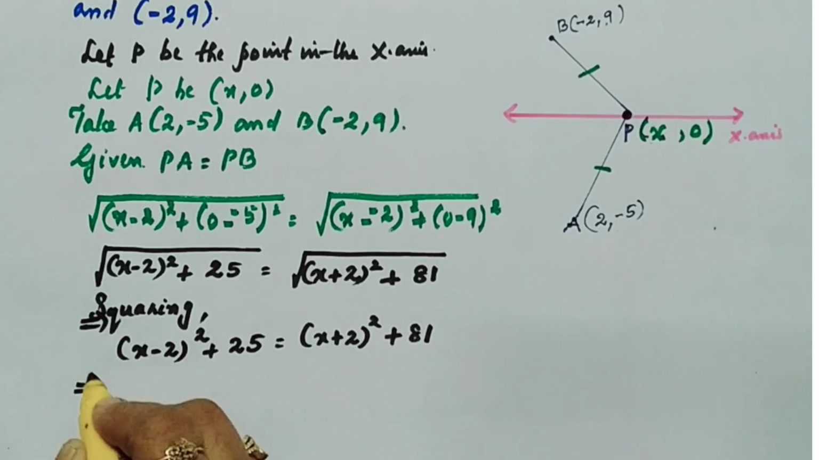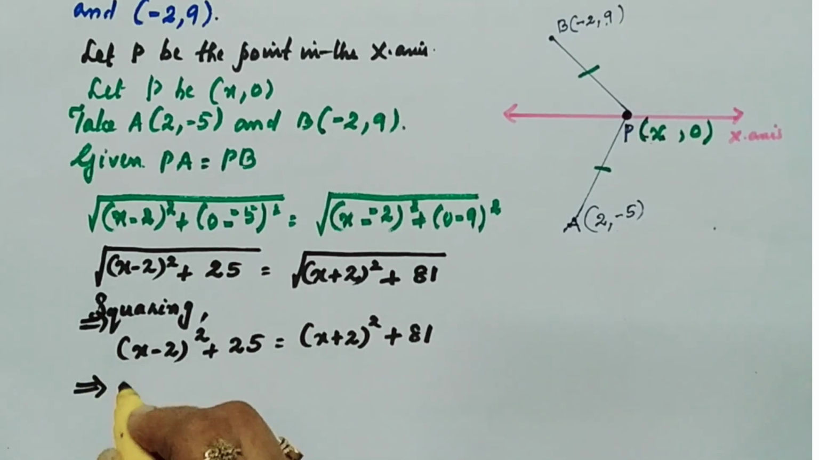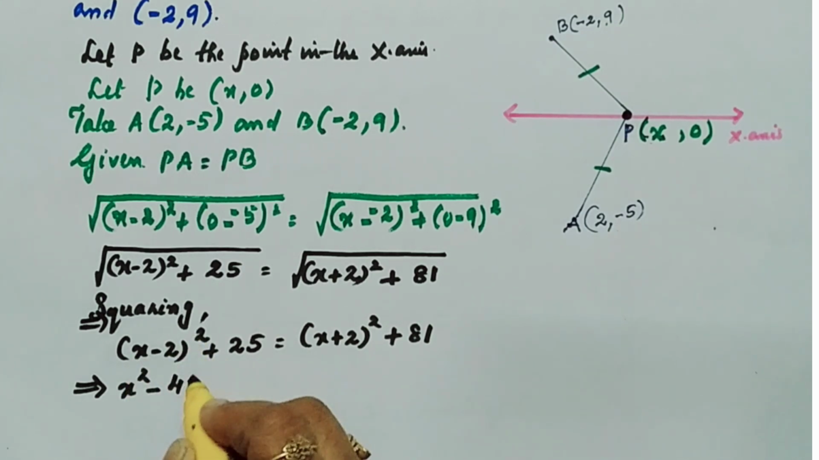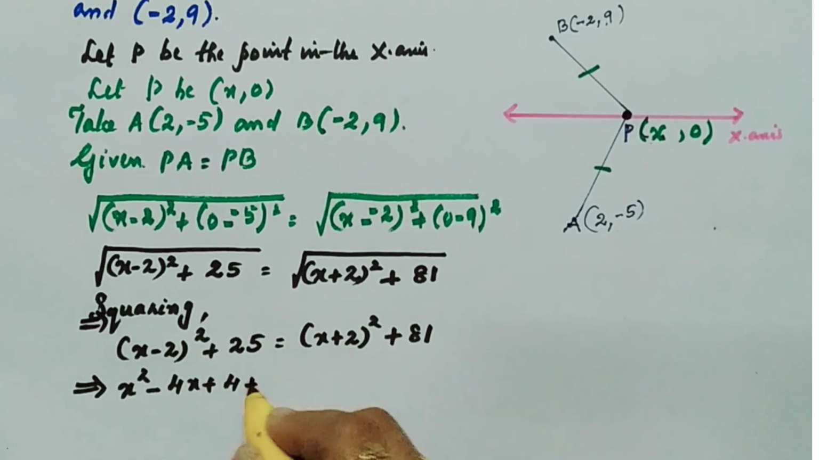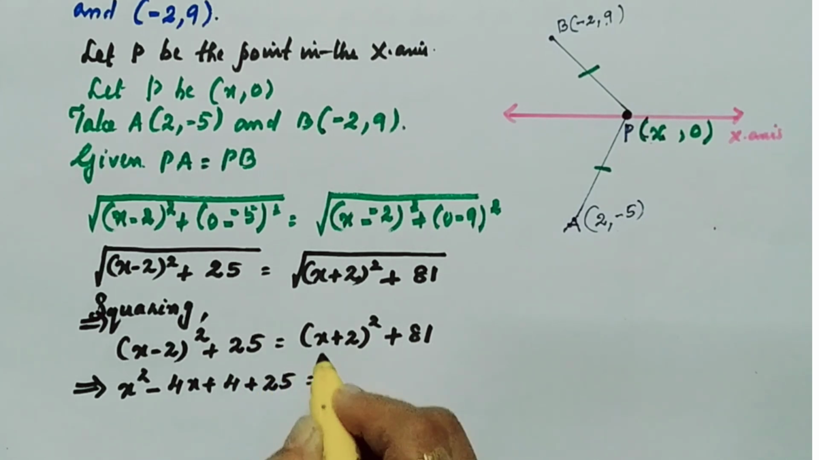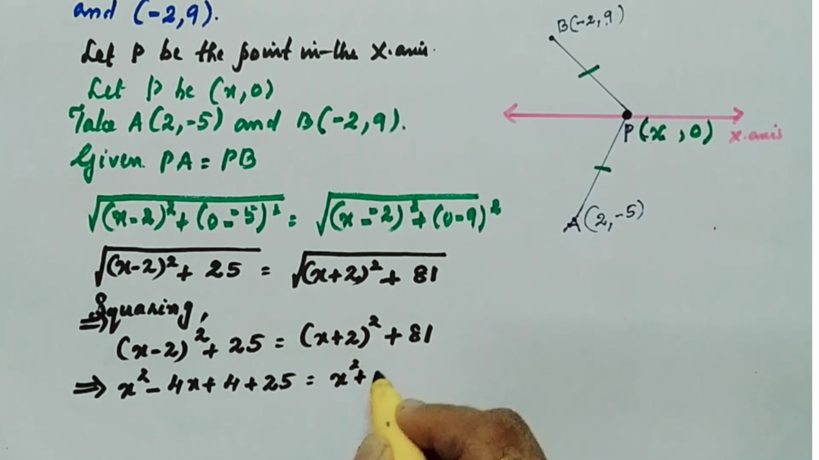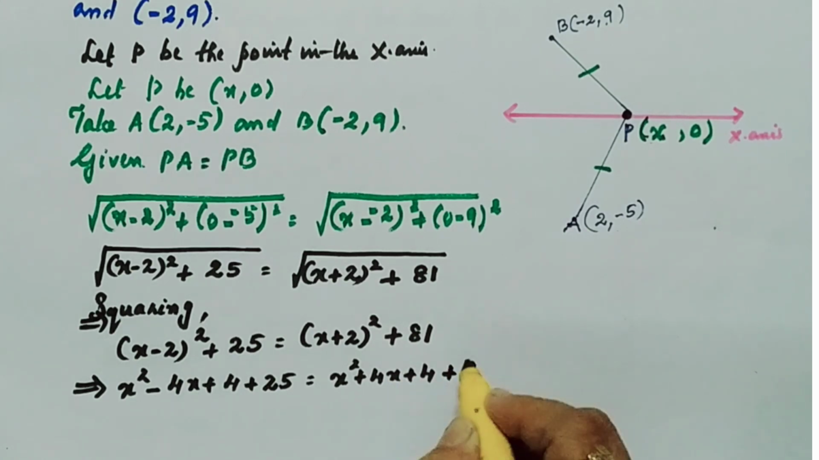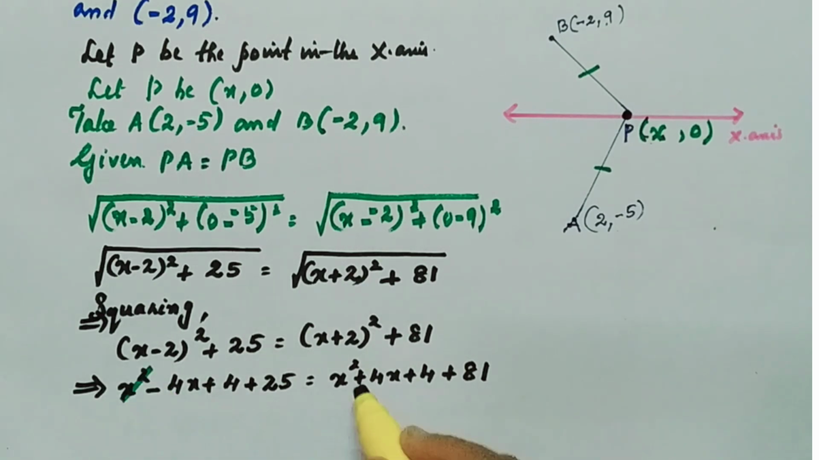This I am going to expand using (a minus b) the whole square, which is a square minus 2ab, that is 4x, plus b square, which is 4, plus 25 equals (a plus b) the whole square, a square plus 2ab plus b square, 2 squared is 4, plus 81. Next, the like terms we know to cancel on both sides. The x square cancels on both sides, and 4 and 4 also cancel on both sides. The remaining is therefore